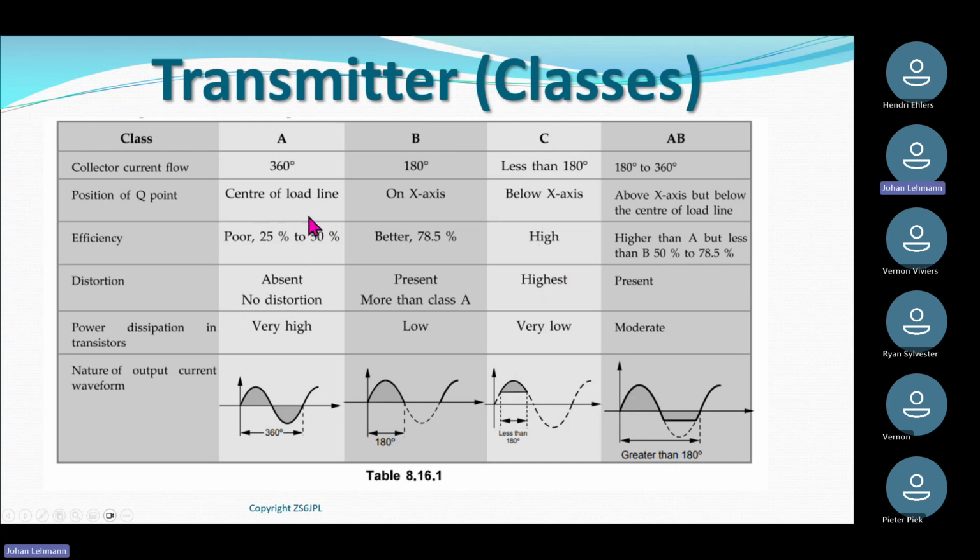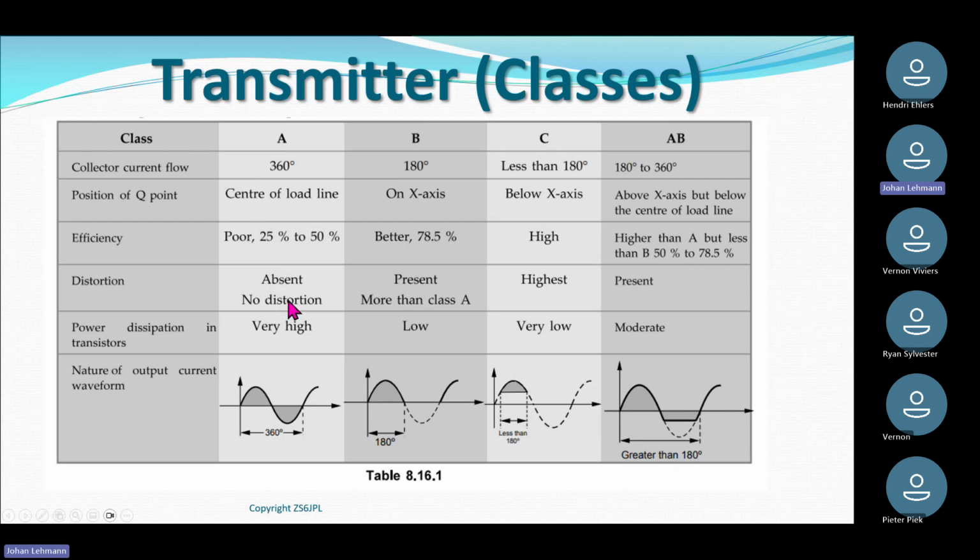Okay, so if we just look at the differences between them so that you get an idea. A class A amplifier is always drawing current from my power supply, always. For the full duration of transmission, it is drawing current. Okay? Efficiency is really not wonderful. 25 to 50%, 50% if you're lucky, but it's generally poor. Okay?